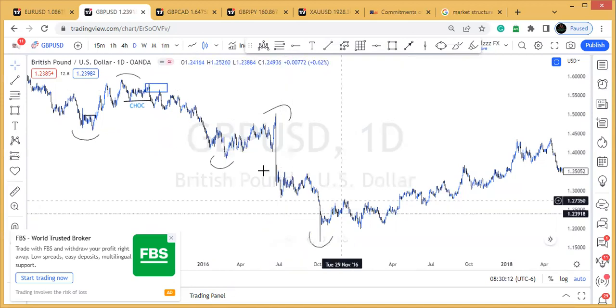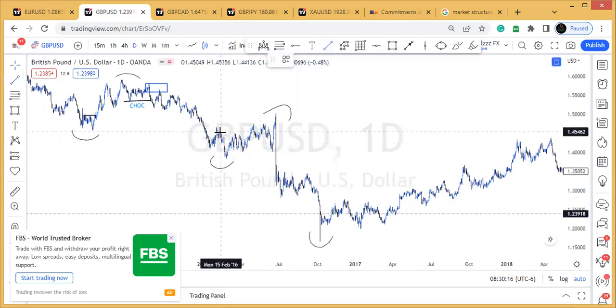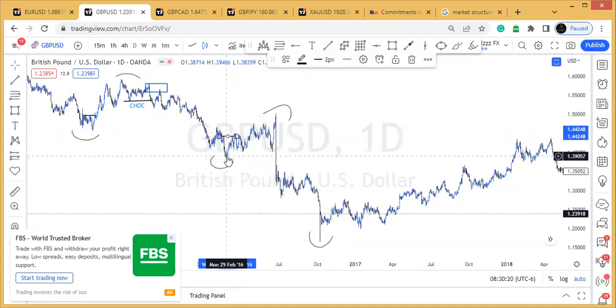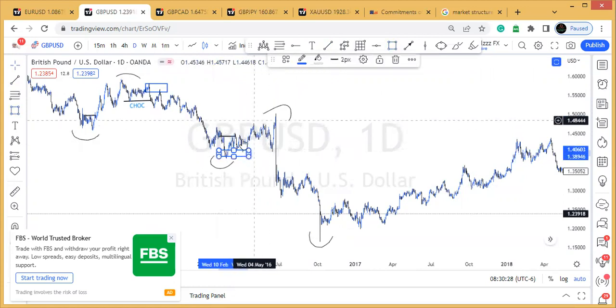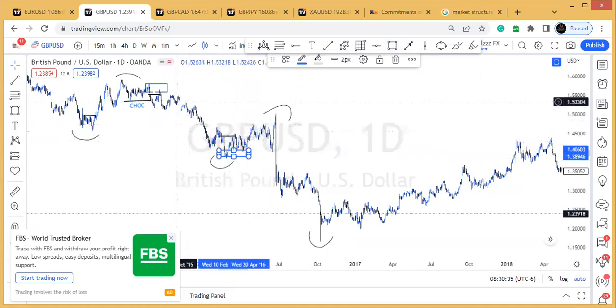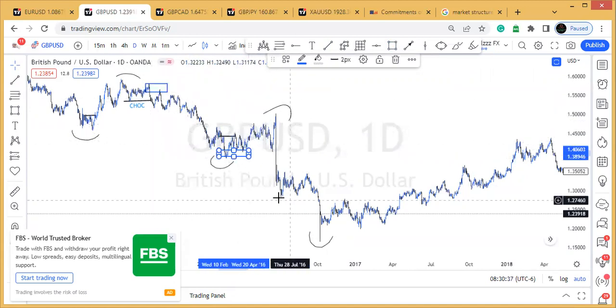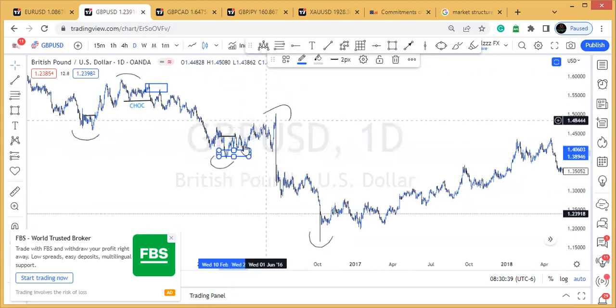But at the same time, look at here, we have a change of character. By the time you have your change of character, price returns to mitigate your demand zone after your change of character, then this kind of trade, you shouldn't sleep on it for too long because the algorithm of the market is bearish. So you just take your short